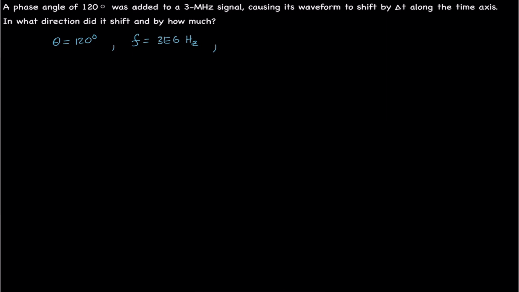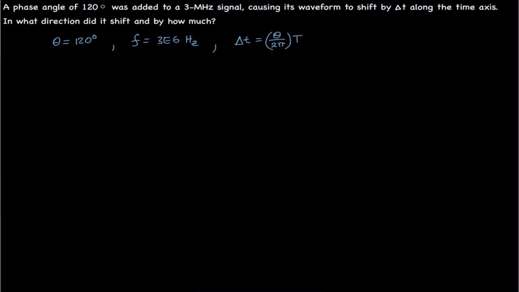The period of sine or cosine is 2 pi, and we'd call that a fundamental period. Proportionally, a phase angle of theta in radians corresponds to a time shift, which is delta t, and that is given by the angle theta divided by 2 pi